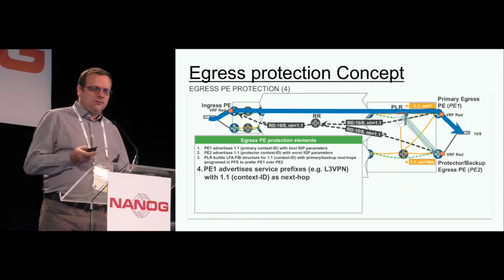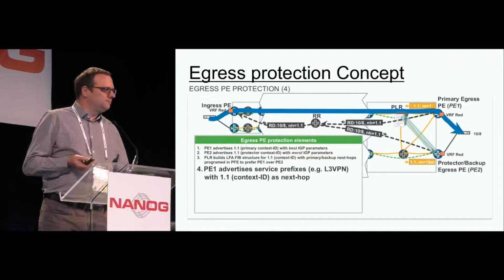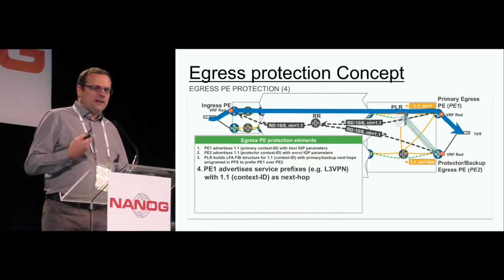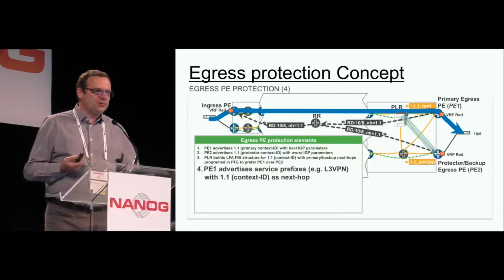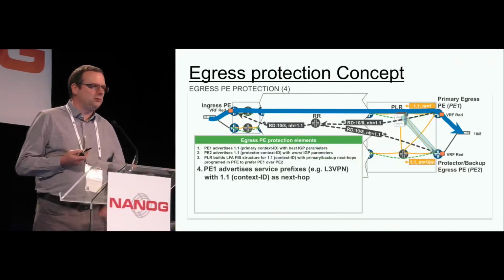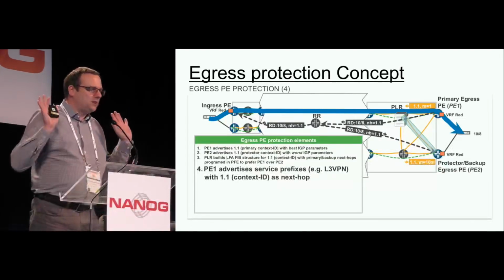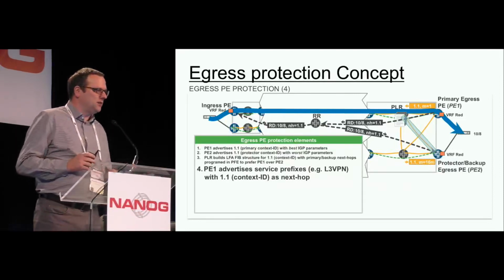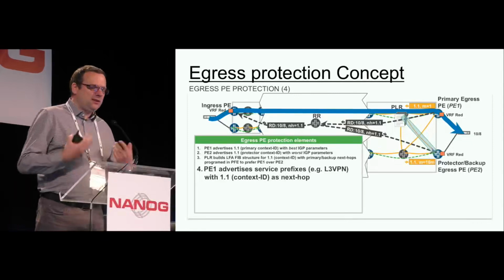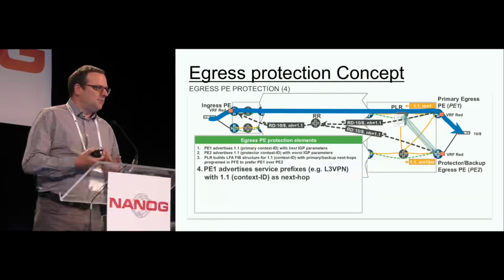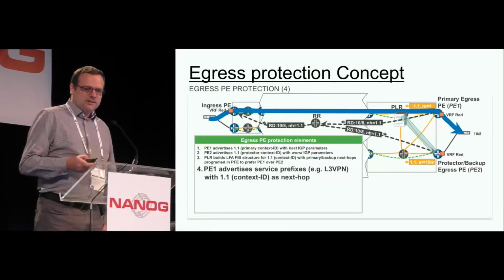So the prefix advertised by P1 goes to the route reflector, and from the route reflector it is reflected to P2. Eventually, P2 receives the service prefix, or VPN prefix, from P1. And P2 is configured as the protection function for the 1.1 next hop. So every time P2 receives VPN prefixes with the 1.1 next hop, he knows: okay, I am the protector for these prefixes. I need to prepare my RIP and FIP to be protected, because eventually, what does protector mean? It means that when something happens in the network, the traffic will be redirected to me with the labels allocated by P1, okay? So for that reason,